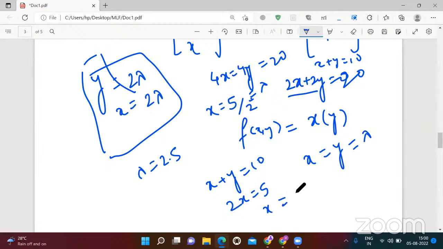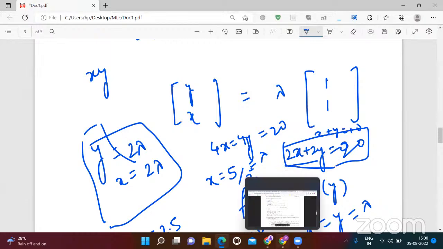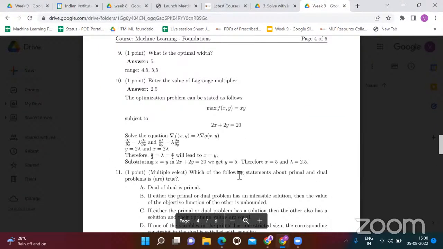Okay, from here I'll get 2x equals 10... Still, you will get lambda as 2.5, right? No, you will get 5. No, 5 we are getting, right? So that is what I was telling. If you change the equation, even though the equation is the same, you'll get a different value. So the problem with this is you can't ask the value of Lagrange multiplier,